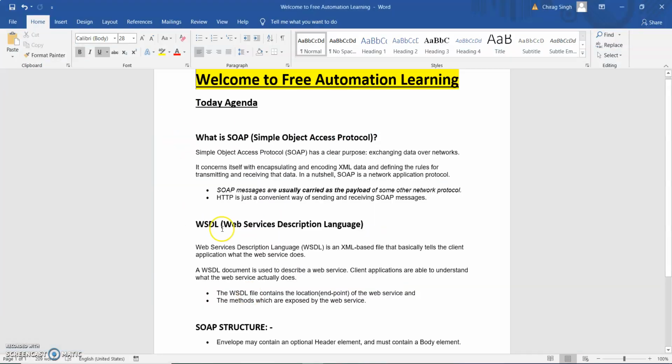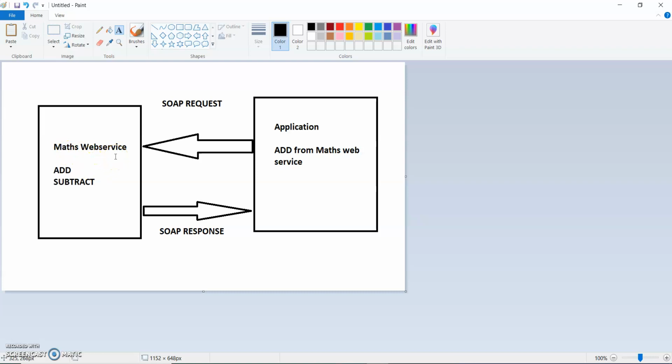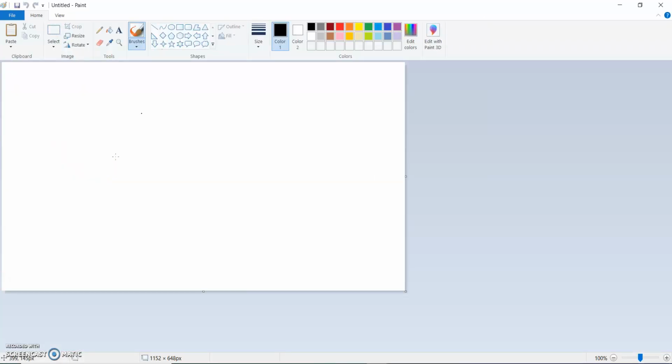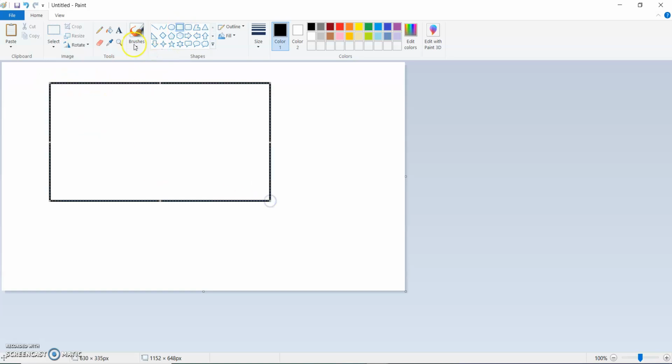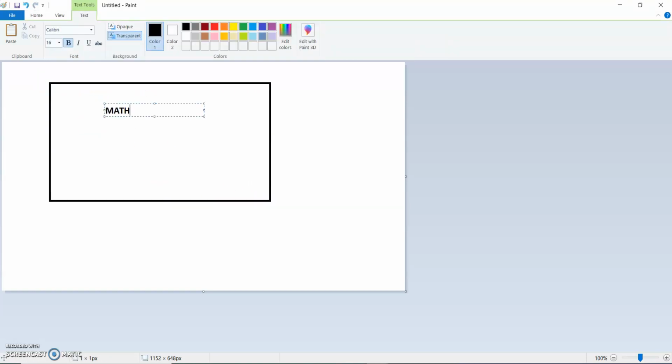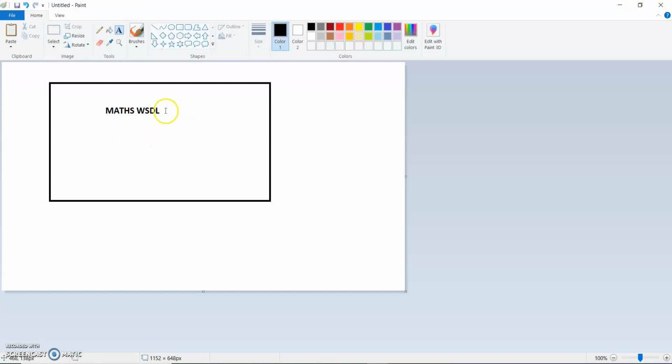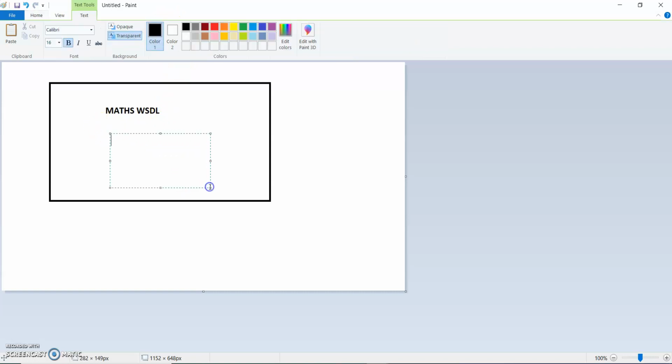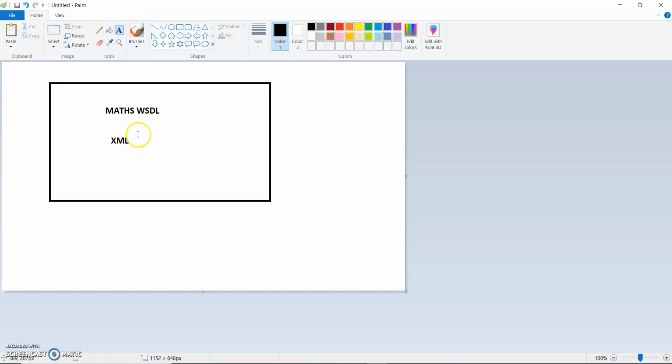So the second point is what is a WSDL. So WSDL is a Web Service Description Language. It tells the client, okay, what type of method I'm going to use. Means for the maths web service there is a maths WSDL which is written in XML form. So I will show you how it will display. So it is written in XML